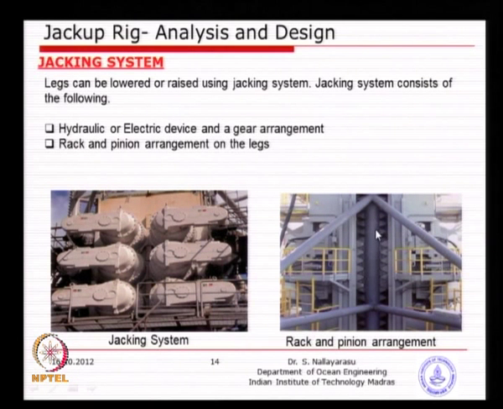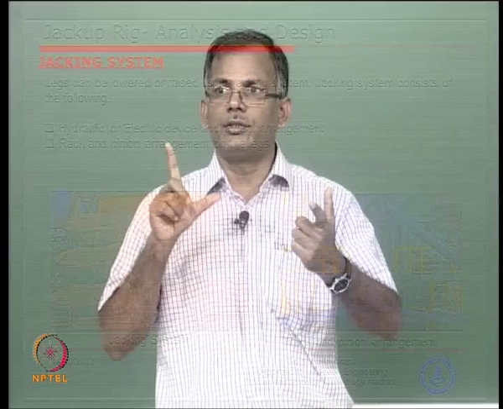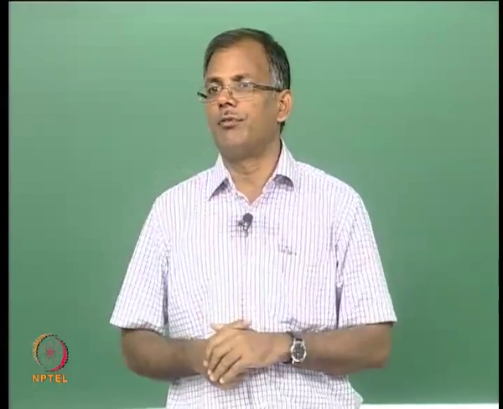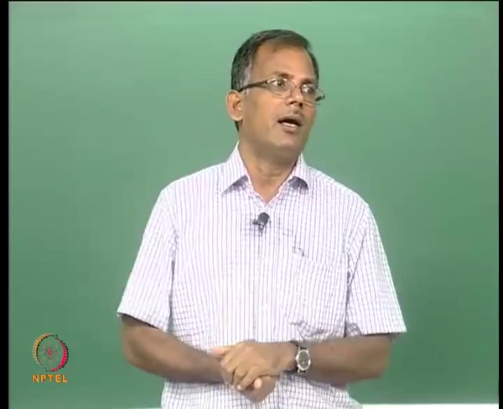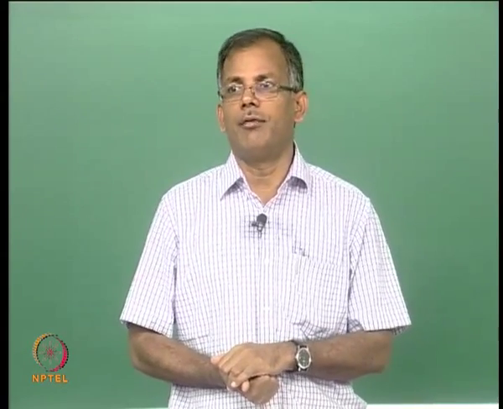So, you can see these legs attached with the rack, the cut plate similar to a gear arrangement, and also you will see this kind of electric devices which can be rotated. Only the arrangement needs to be made perfectly correct, because you are going to have 3 legs or 4 legs, each leg will have 2 sets of this rack and pinion arrangement. Imagine if one of them goes slightly faster or higher than the other legs, there will be a racking and there will be definitely a failure of the leg itself.